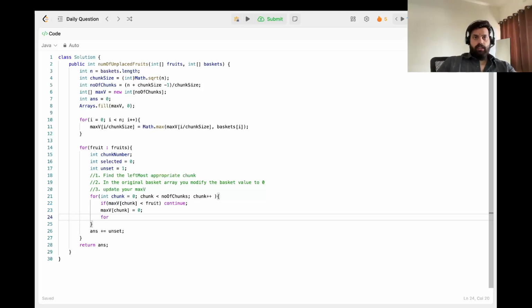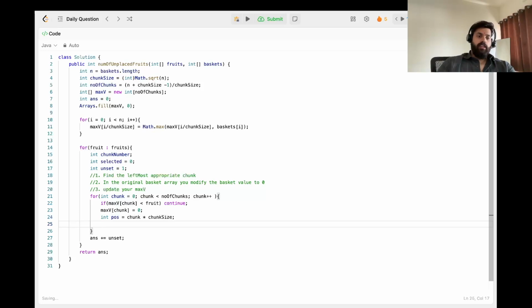And so you need to find the index in the basket array for this particular chunk, right? So how will you do that? int position is, what is the position? It is chunk into the chunk size,